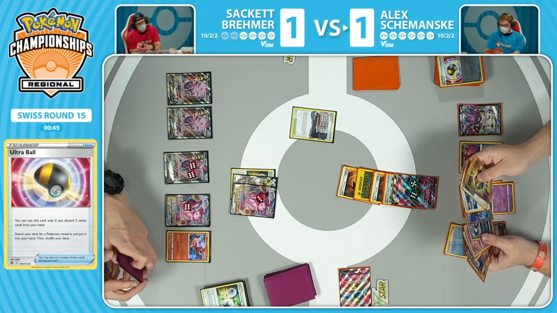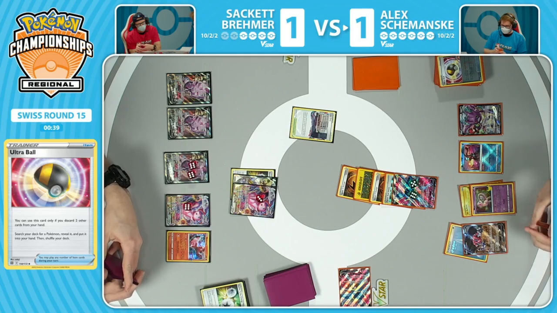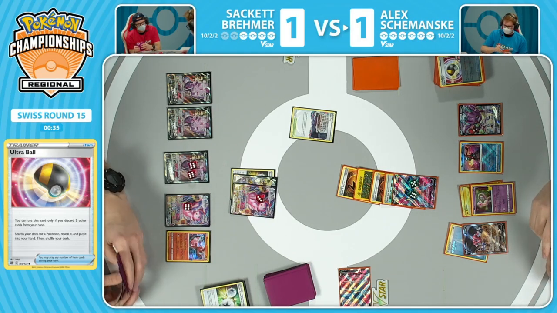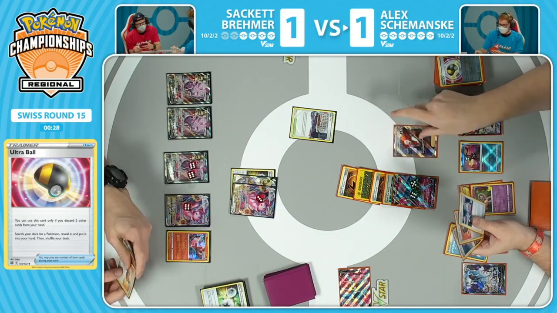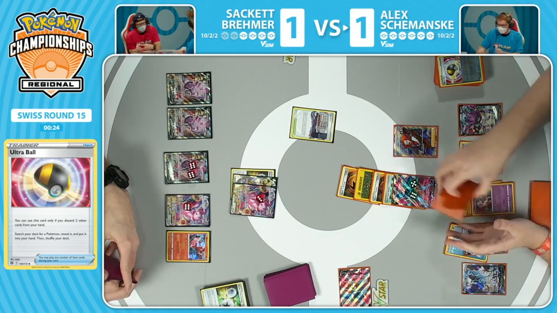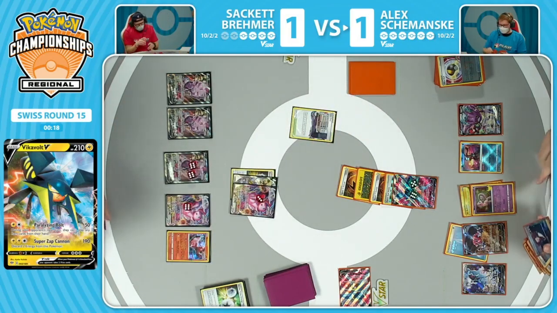And I think at this point, you have to do the Drapion first, right? Because every turn you wait, there's a chance that that Path to the Peak is going to come, and you lose out on that 4-prize combo. And with the deck running thin, if Sackett's able to kind of just buy time, keep you from actually finishing the game, you're going to deck out. I think we're going to see Luminion finds the Boss's Orders. Yep, Boss's Orders, bring up that Genesect V and try to take the knockout in 3 turns with Paralyzing Bolt,